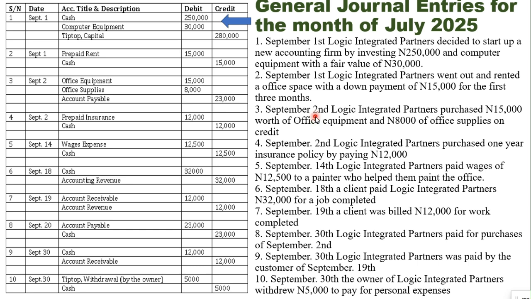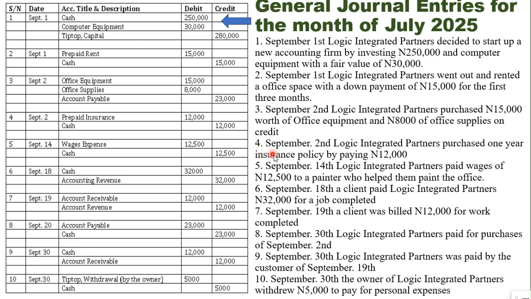If this transaction was not on credit, we would have credited our cash account just like the previous transaction. But here, since we didn't pay cash, we have to credit the accounts payable account. So number four,